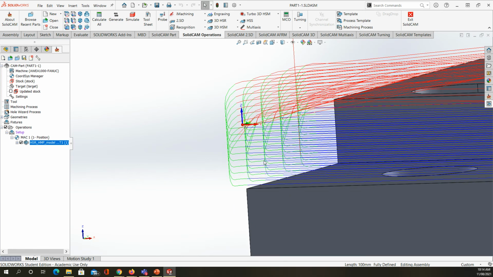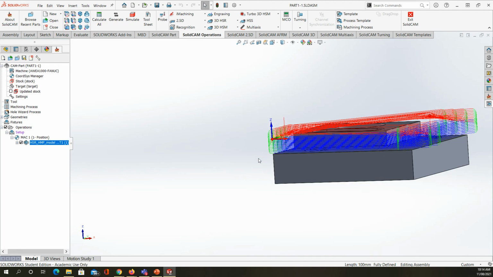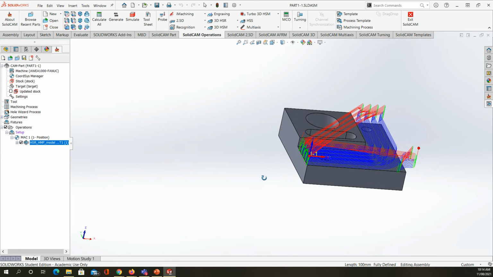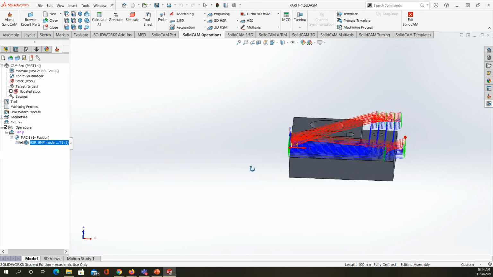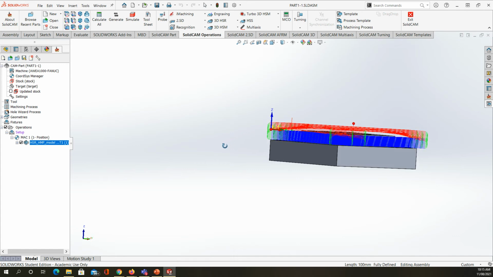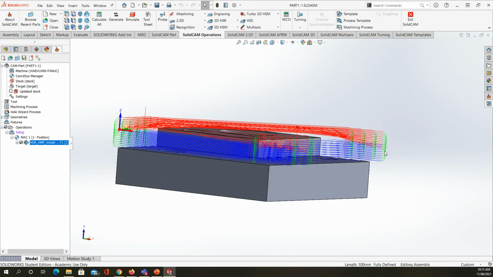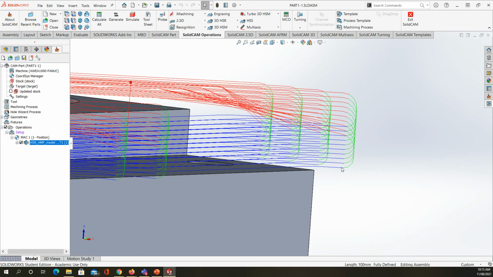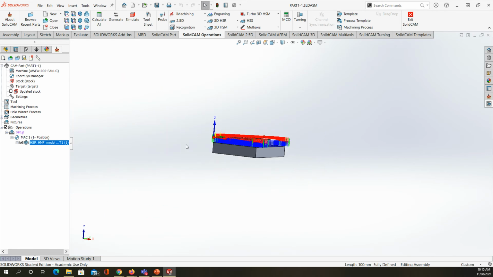I can of course reduce this to get a higher rate of material removal, because this is going to be something like 10 passes, 1, 2, 3, 4, 5, 6, 7, 8, 9, 10. Yeah, 10 passes, and this will be too much. Anyway, I can change that later. Okay, so that replaces the 3D milling to remove the material from the side, the HSR or the high speed